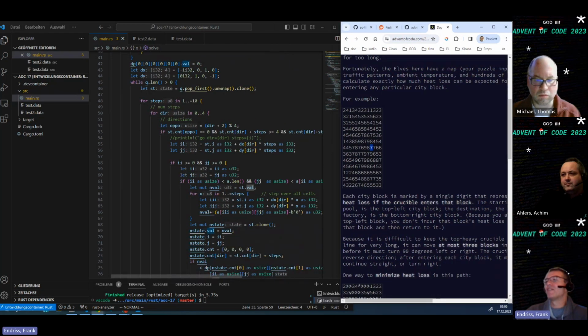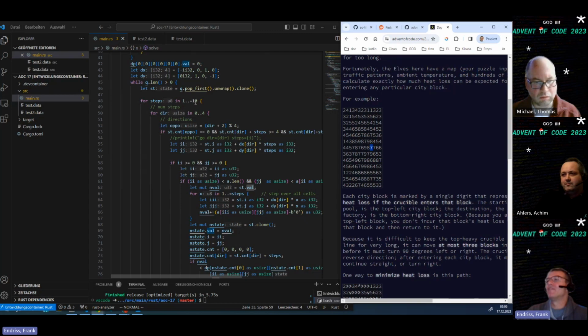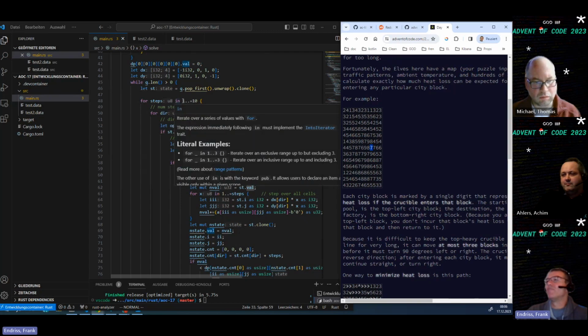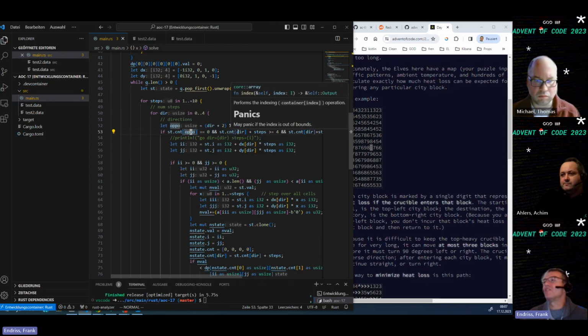Here it looks like this because it's a bit complicated, because this construction of which steps are possible and which are not is a bit clumsy. You see here, I take the current step and then I check all number of steps from 1 to 10 to go in that direction, that length, and then in all 4 directions. And then I have an extra rule to not go in the opposite direction. So if I do not go in the opposite direction and the number of steps I previously took plus the number